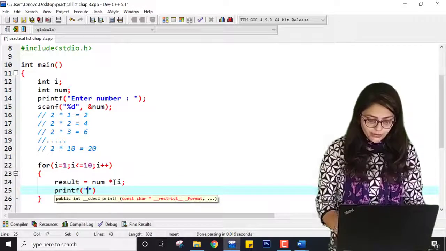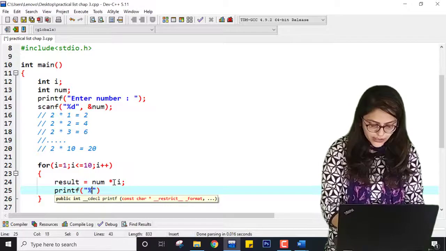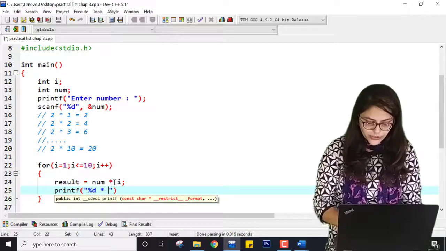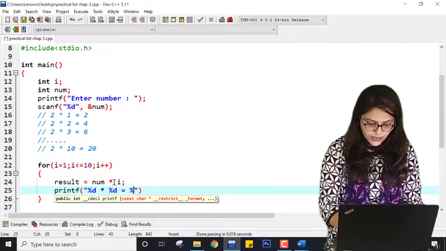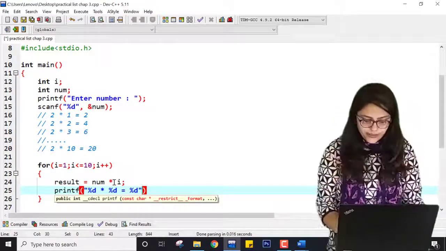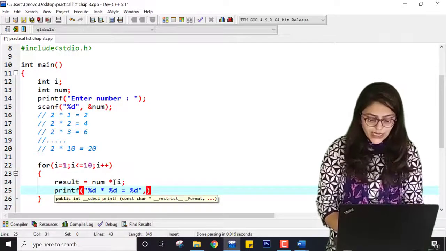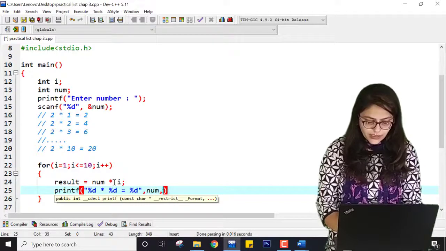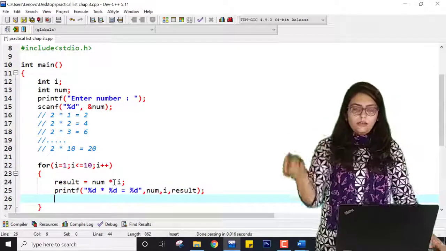Here I am first printing the number itself, so %d, then multiplication sign, then %d, then equal to, then %d. What exactly I want this format to be printed, and which are the values of these variables? First %d is for num, second %d is for i, and third %d is for result. Right? At the end, put a semicolon.